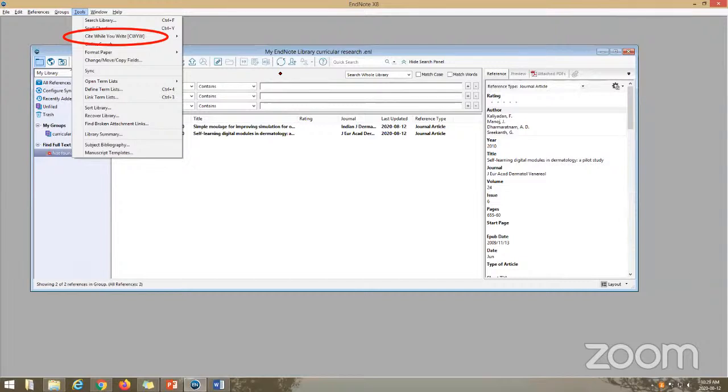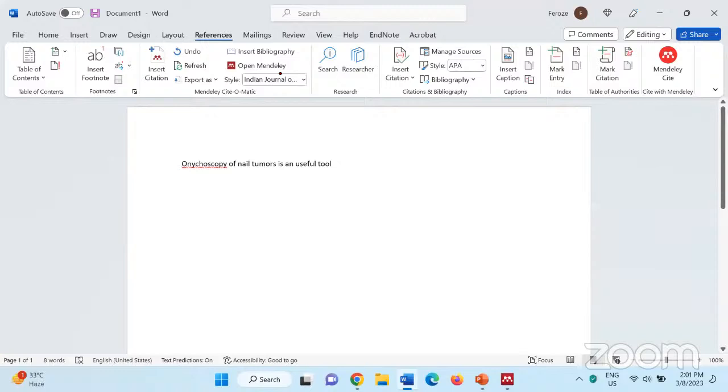And all of these reference managers, they have in-citation tools which can be linked to Microsoft Word. So you can just with a single click, you can incorporate the citations into Word, and you can populate a bibliography at the end. So this is Mendeley, which is, again, you have a free version, you have a paid version, but for practical purposes, the free version works good enough. So just to show you,